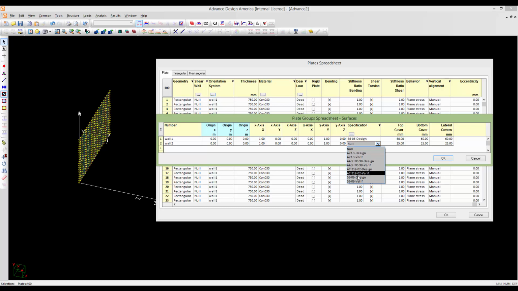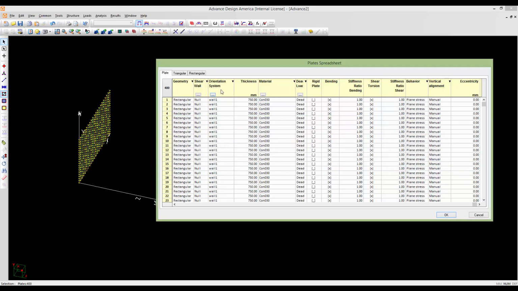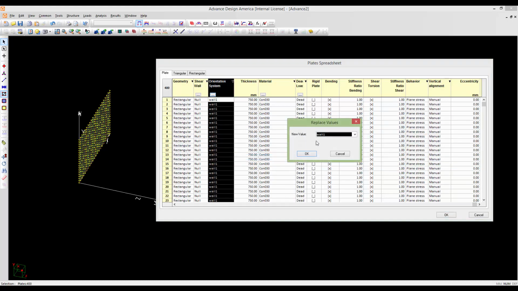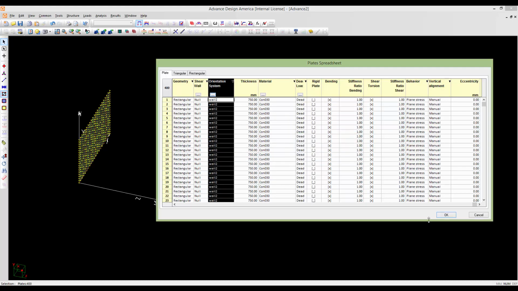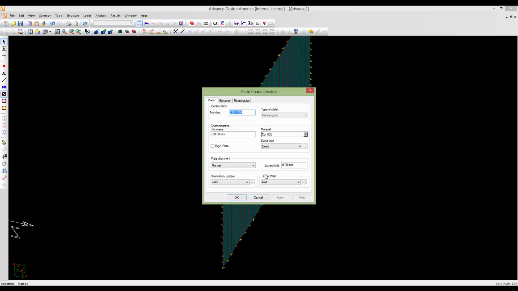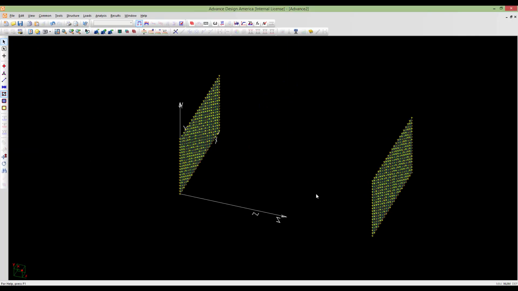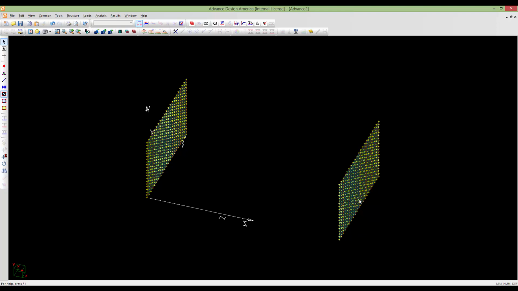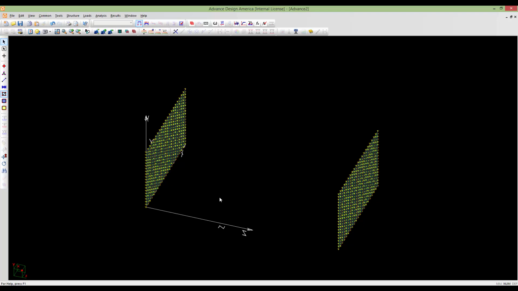Same as the previous design, and same values, 60 millimeters. Okay, and here for these walls, I will assign wall 2. Okay, so if you click one of these members here, shells, you will see that wall 2 is already assigned. So I have generated the mesh for my legs or walls. The next step is to generate the